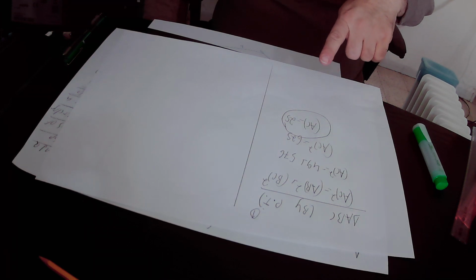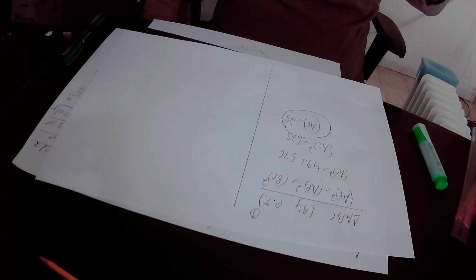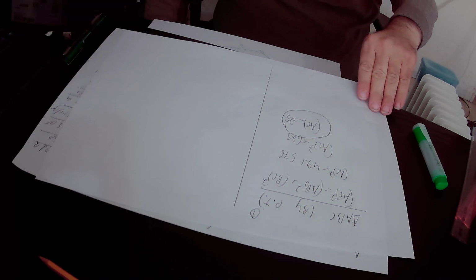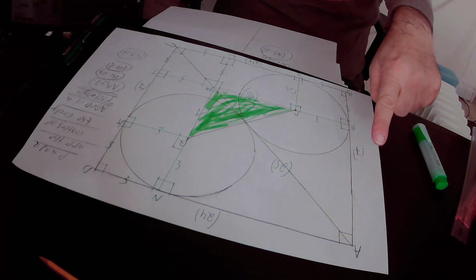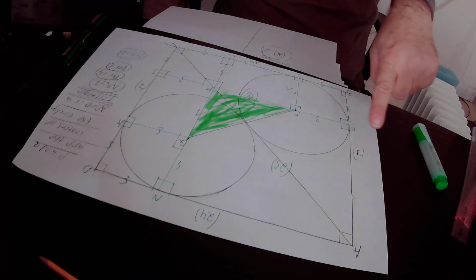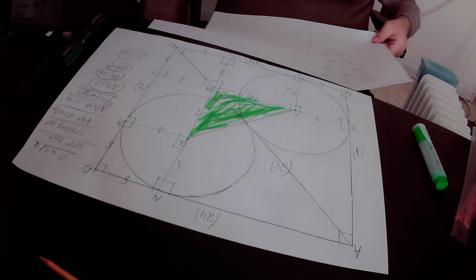We took a root out of this equation and finally found out that AC equals the square root of 625. This is actually 25. So the length of the hypotenuse AC of the right triangle ABC is 25 units. Okay, then